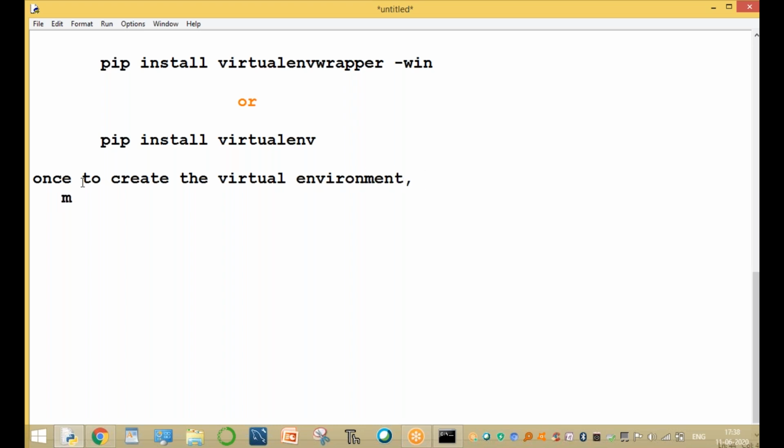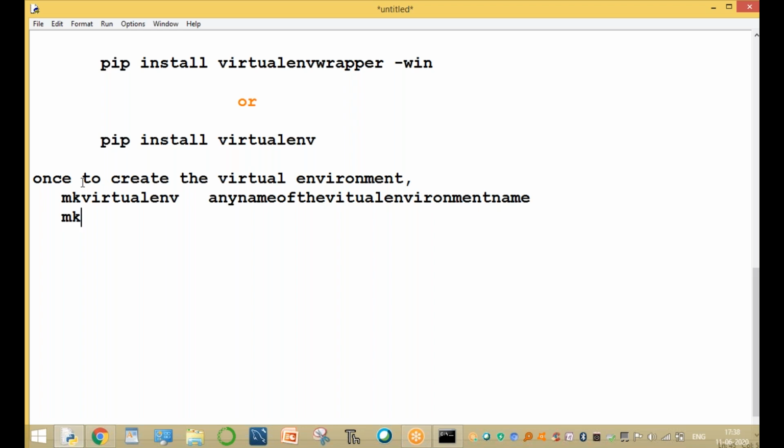Now here we use mkvirtualenv. Make the virtualenv with any name for the virtual environment. Any name.